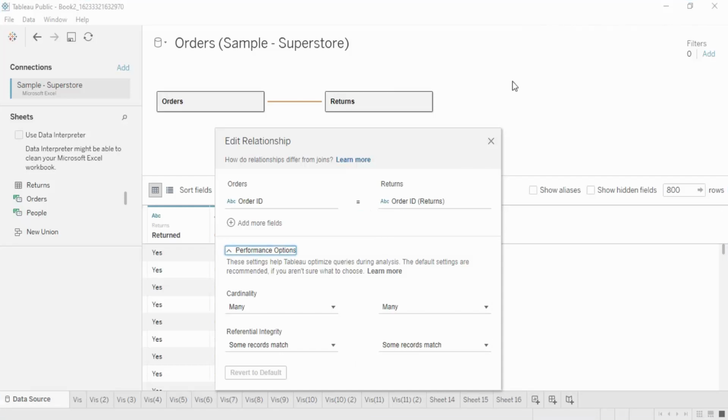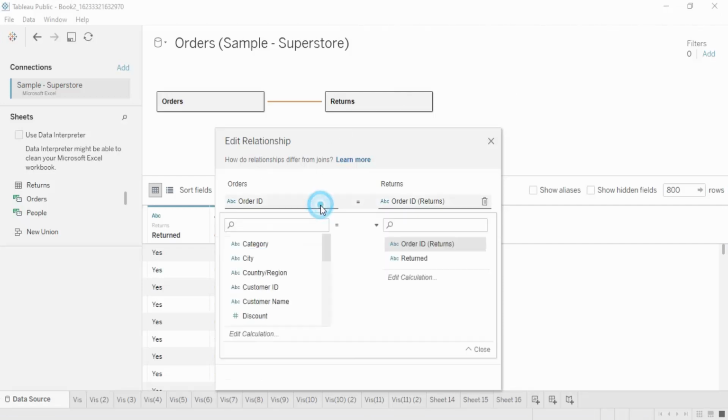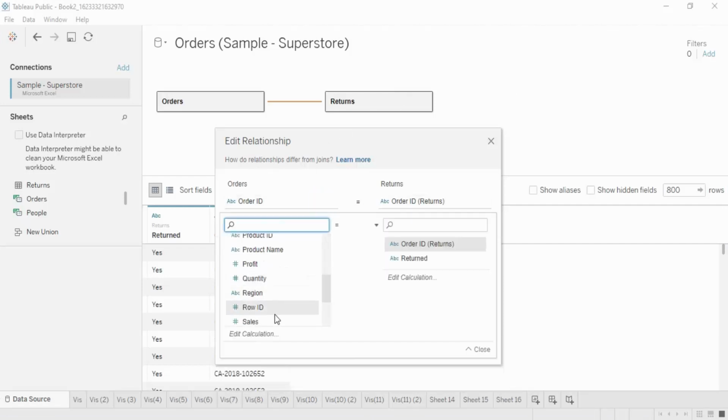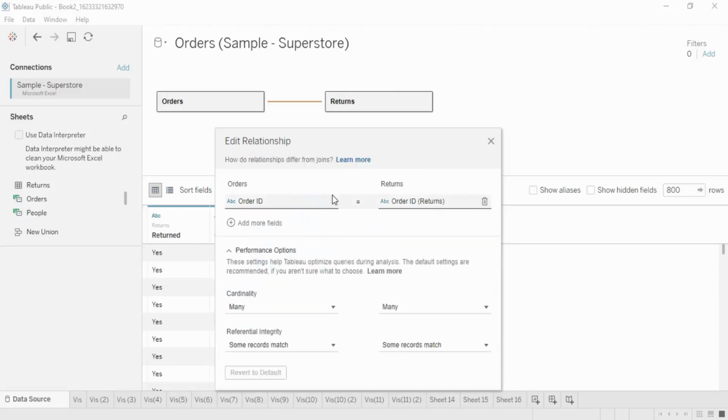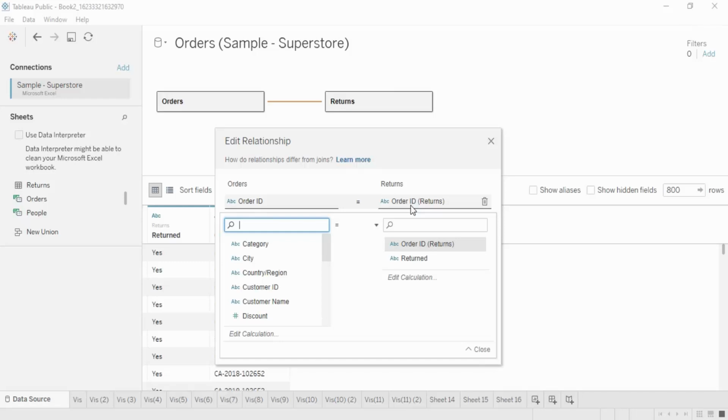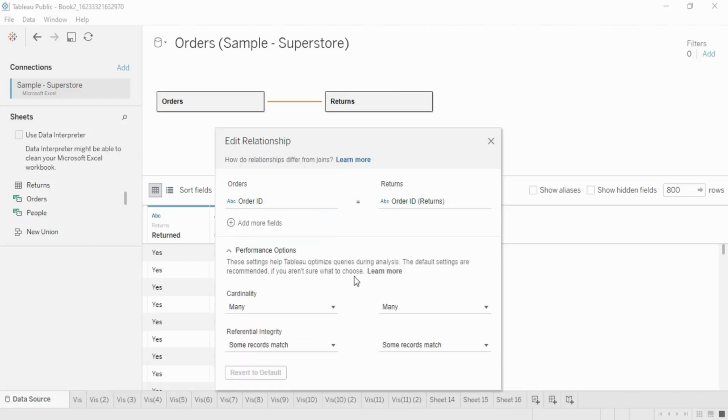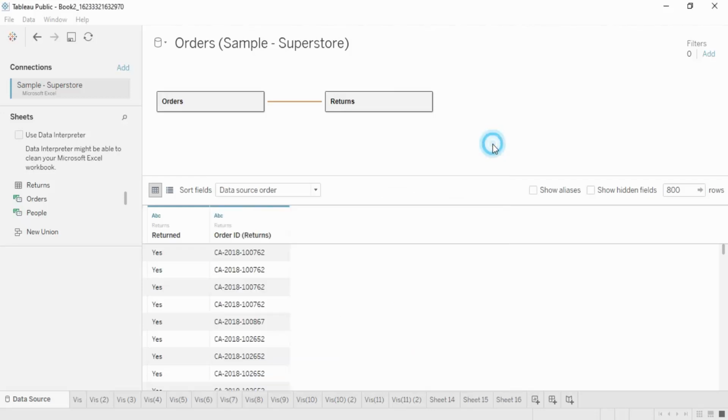In case it does not do it automatically, then you can do that manually as well. This is the orders table. In this you have to select the ID or the column which you want to connect with, then this equal sign with the second table's corresponding column. So it will automatically perform the operation. Then once it's done, you can close it.